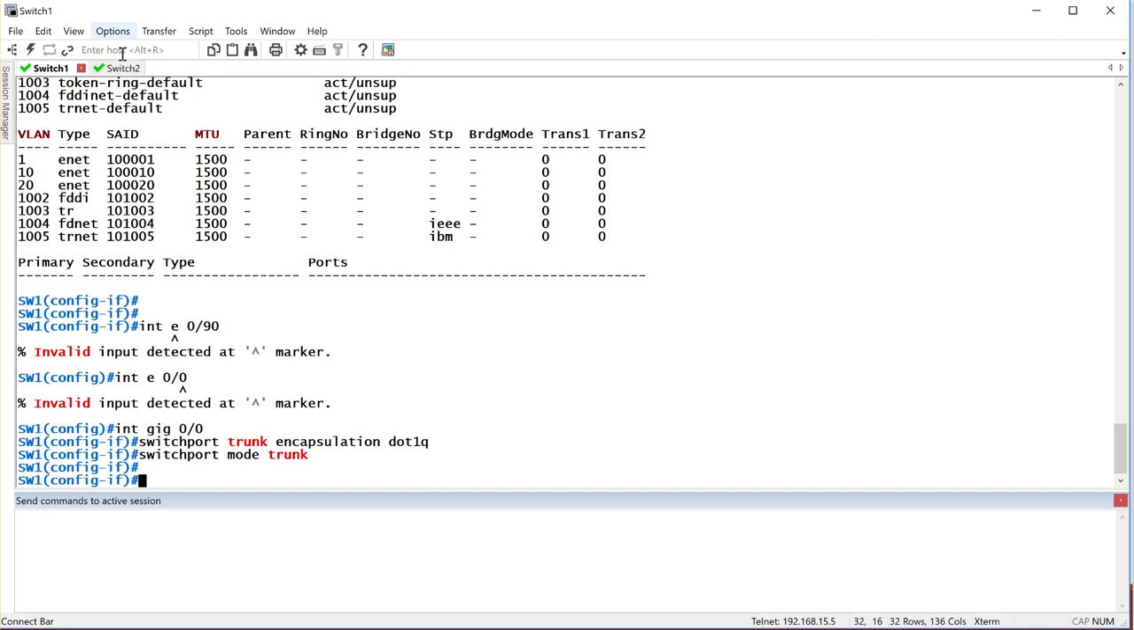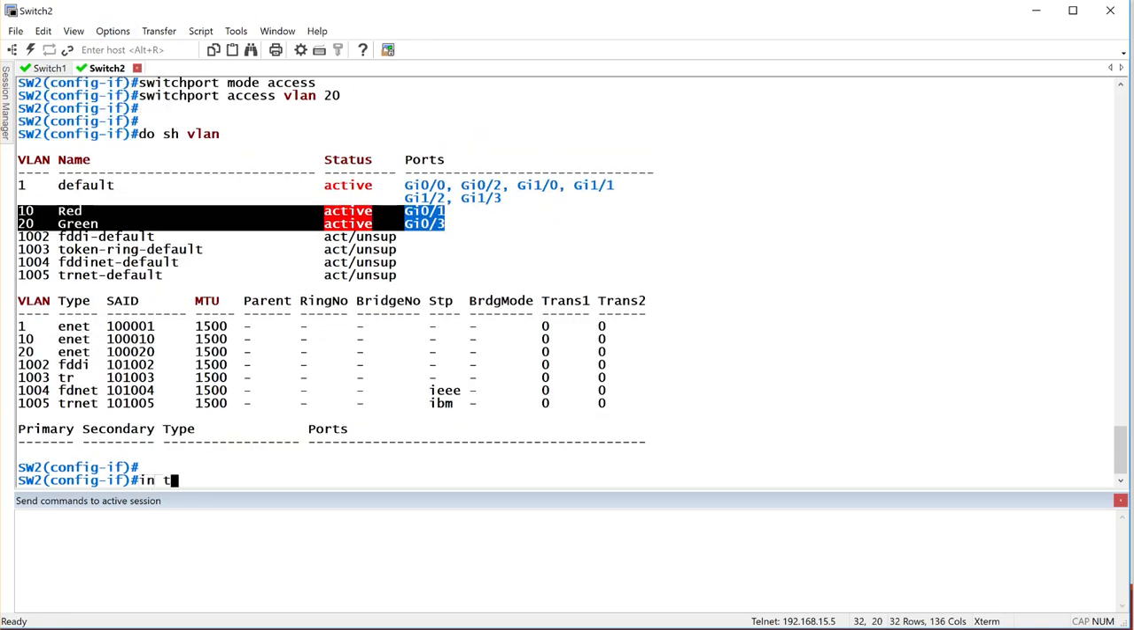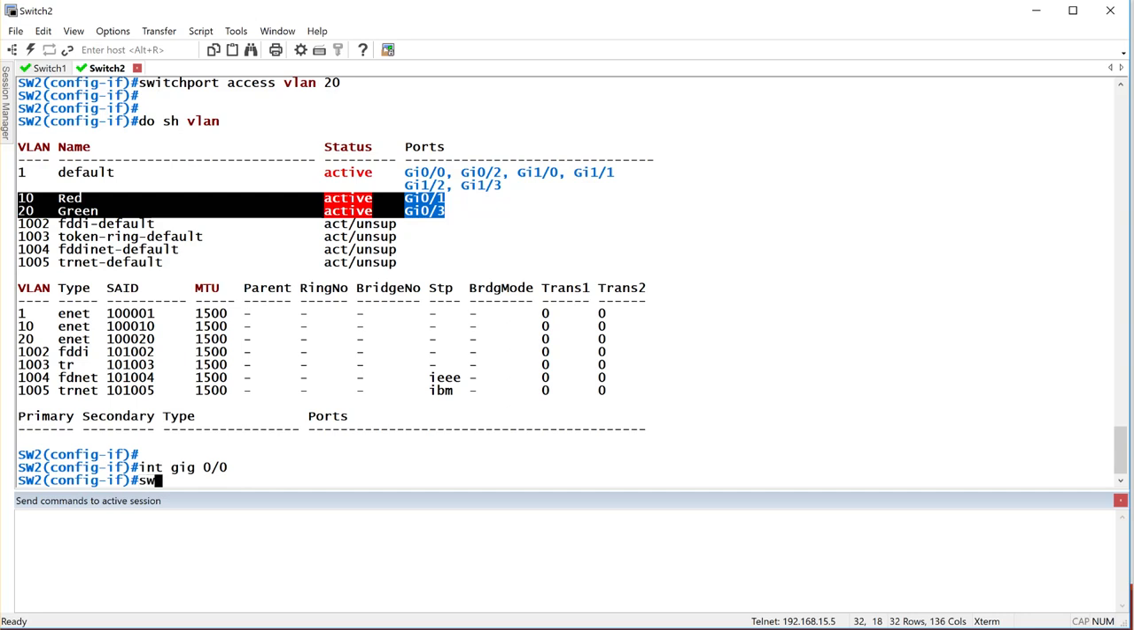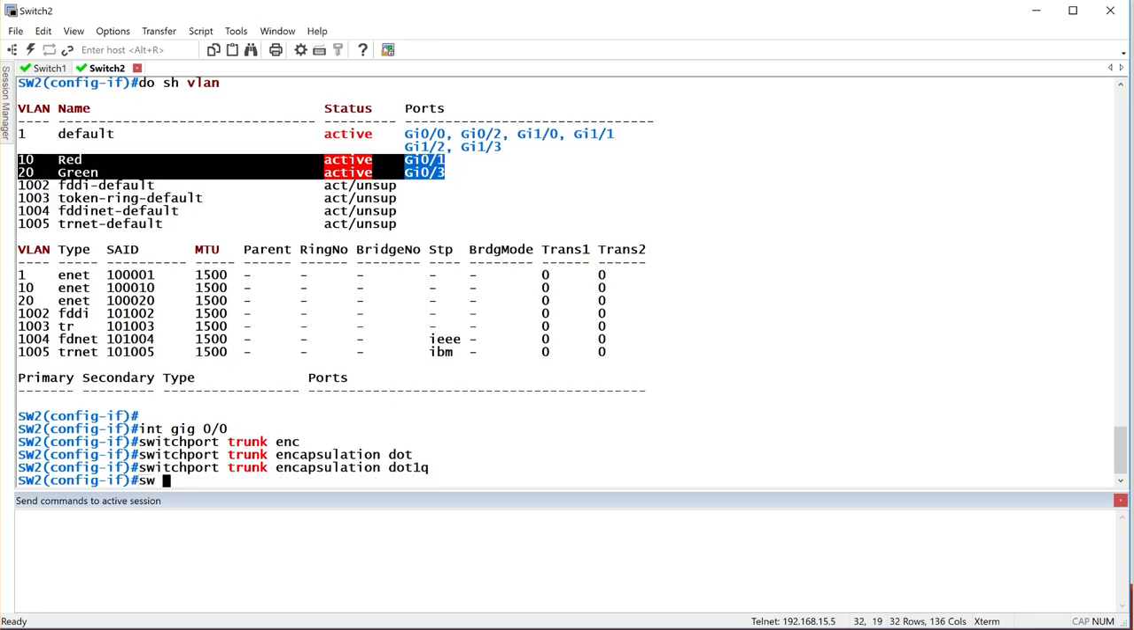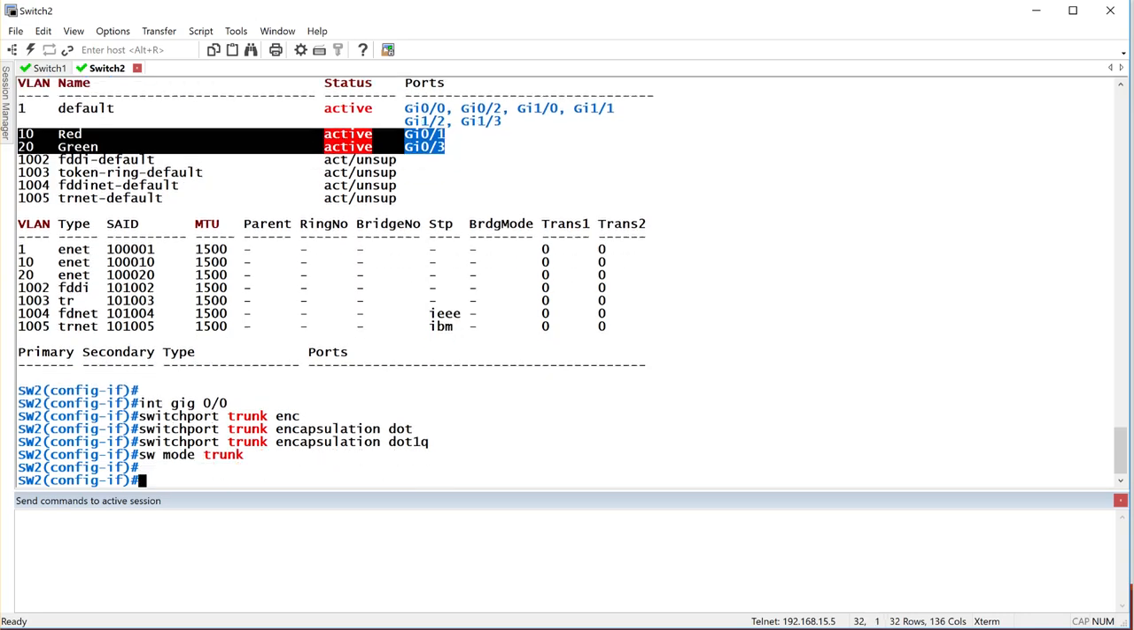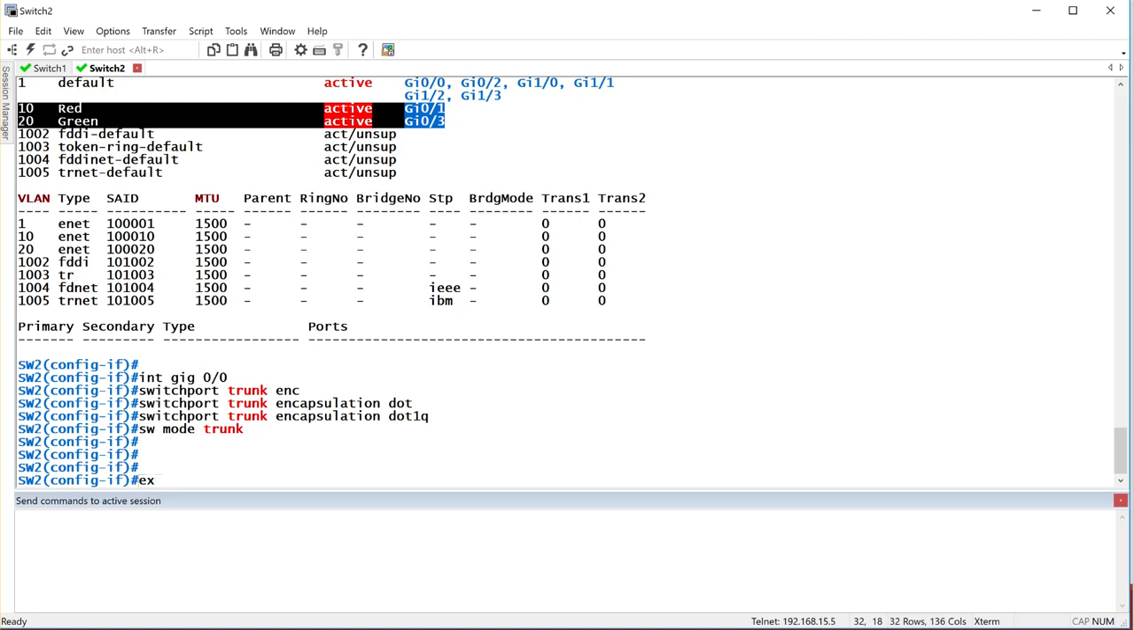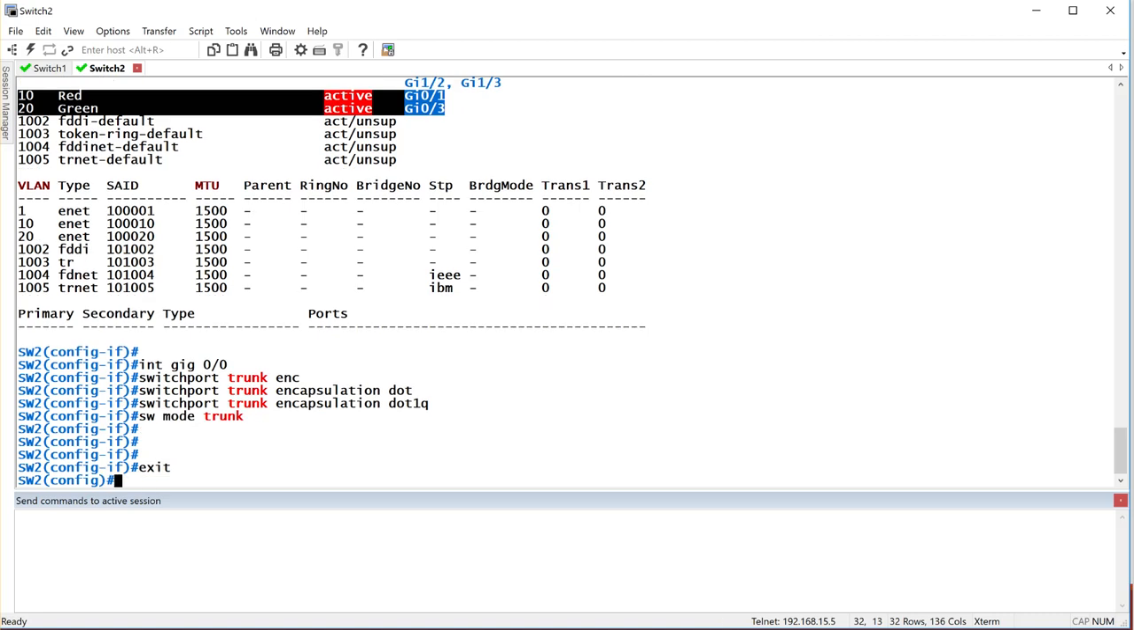All right, and I'll do the same thing on switch 2, interface gig 00, switch port trunk encapsulation .1Q, switch port mode trunk. Done. Once I create the trunk, this is something that you need to be aware of because I haven't mentioned it yet. Once I create the trunk between the two switches,